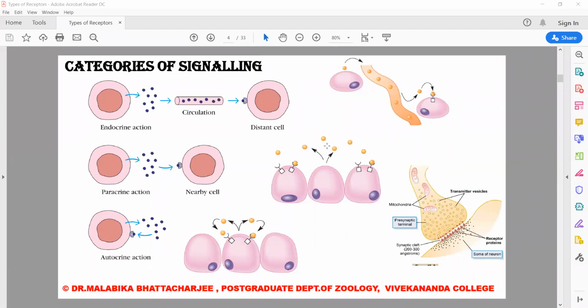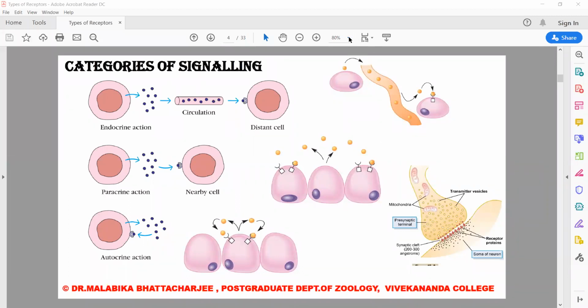Keep this in mind. Only the cells adjacent to it, only the cells nearby to it are activated because the stimulus is taken up by receptors, and these receptors result in the activation of these neighboring cells. Now, there are a host of examples of paracrine stimuli. One which you have read in class 11 and 12 is the action of the neurotransmitters. So you can say this is a synapse.